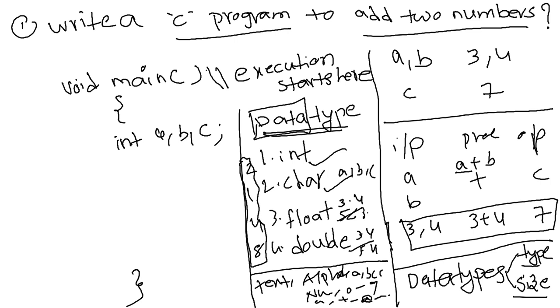So like this, to understand what type of data we are taking, we have data types. Here we are taking the 3, 4 numerical data, so here we are taking the int. So I am declaring int A, B, C. Done. Now I want to take the values A as 3 and B as 4. You can take the values with the help of two ways. One way is with the help of initialization.